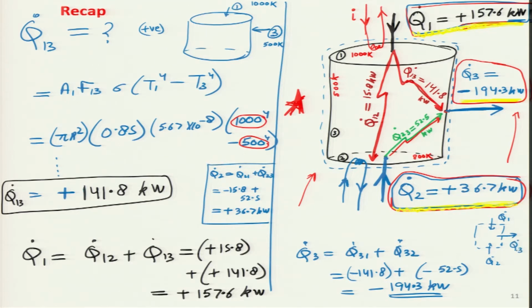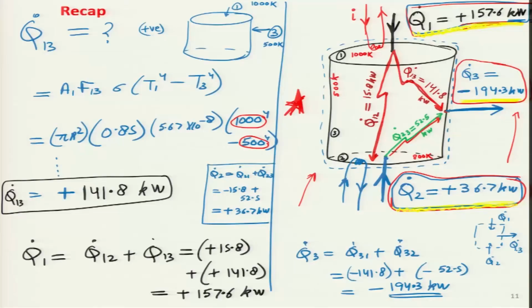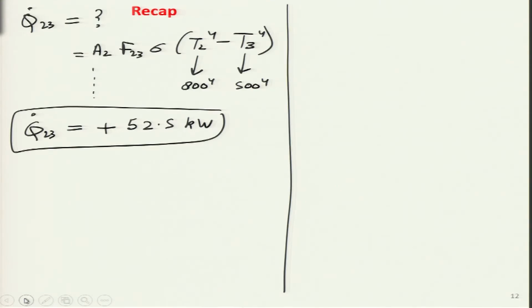So, we know from thermodynamics, if things are under steady state, no work is being performed, then the sum of all the heat transfer rate should turn out to be 0. So, that is what happens over here. That is why some terms have a positive sign and other terms have a negative sign. I think with that we finish this particular exercise.